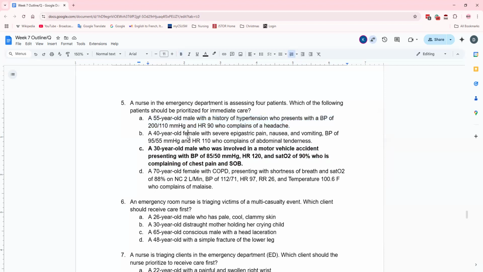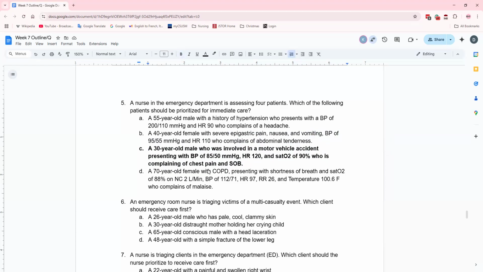Now, things might be a little bit different if they complained of a severe headache, this person could be having a stroke. But this person is crashing out, having shortness of breath, very symptomatic. Chest pain, shortness of breath. There's a chance that they have chest trauma and have ventilation issues. So that would be your airway. The other person could have a lot of different things happening, but it doesn't take priority over C.